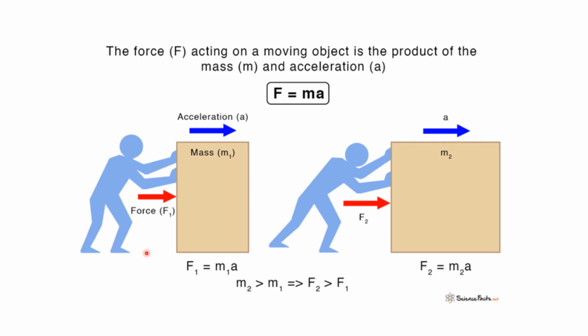English physicist and mathematician Isaac Newton postulated that acceleration is directly proportional to the force and inversely proportional to the mass. This hypothesis can be mathematically written as A equals F over m, where A is acceleration, F is force,